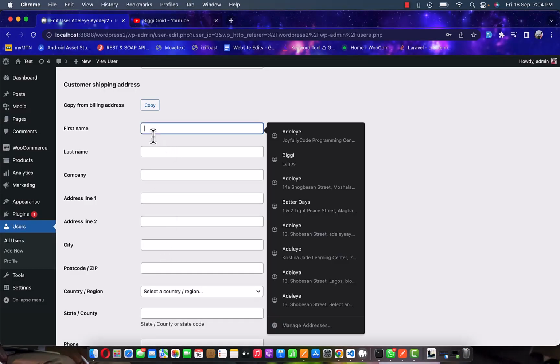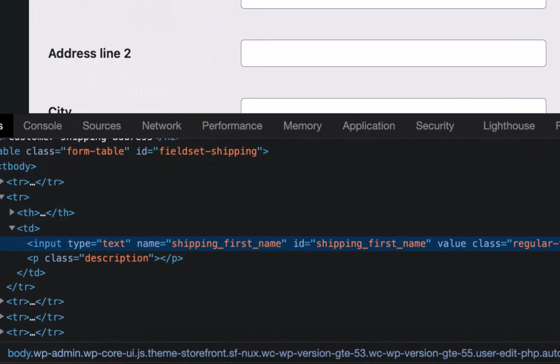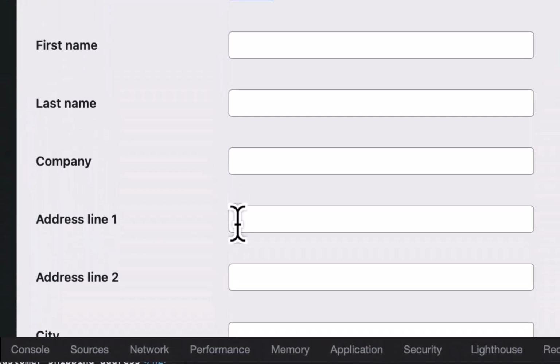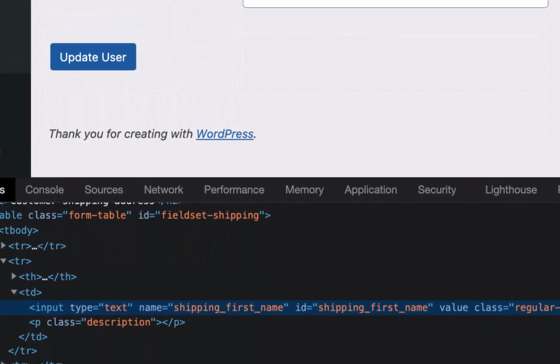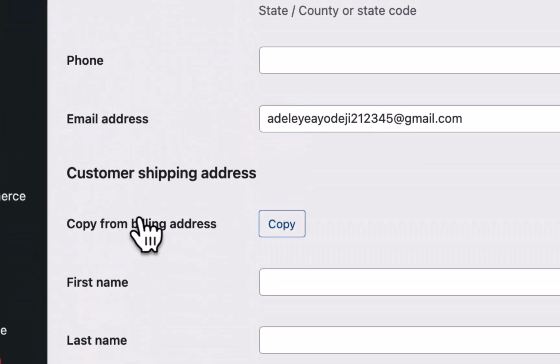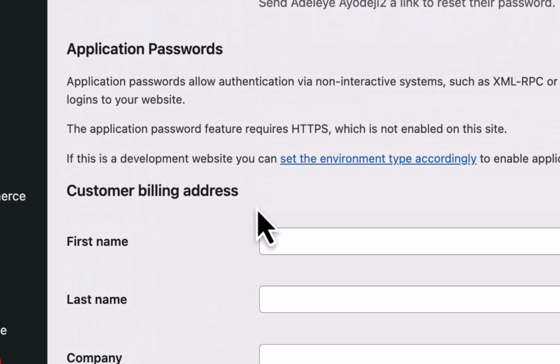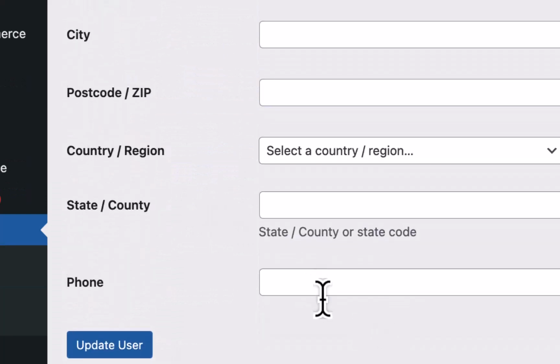Okay, so I'm going to check the appropriate key for this field that we have here. This one is called shipping first name. Sorry, I said shopping, shipping first name. Let's head down to billing. Do we have billing? Yeah, this is billing. Don't forget we are only working on billing. So now this is billing and this is shipping. So if you are working on shipping,